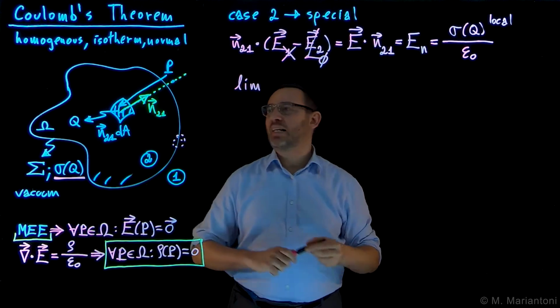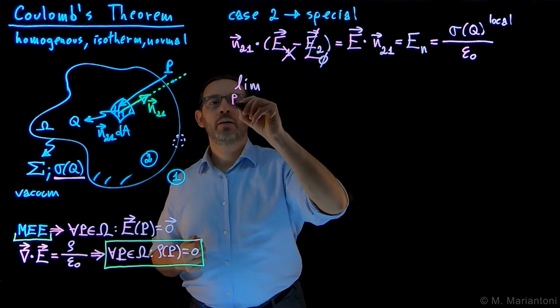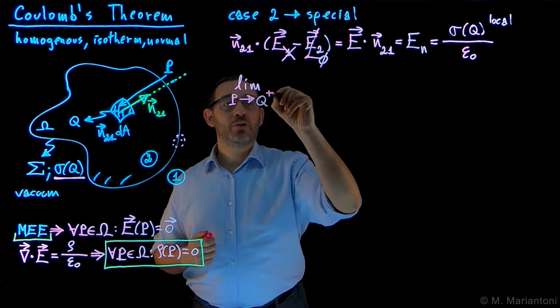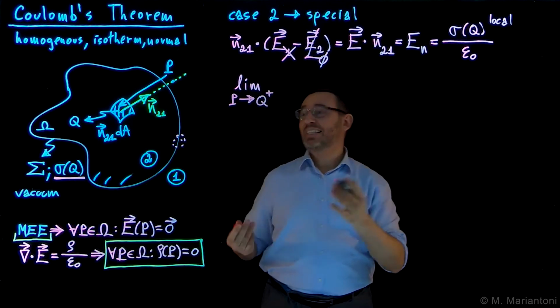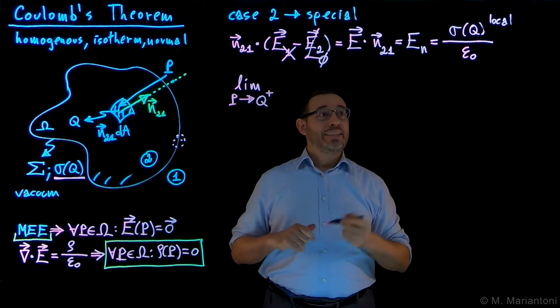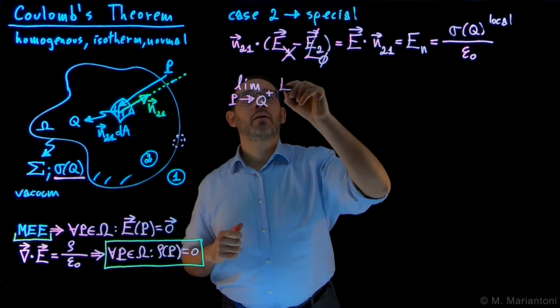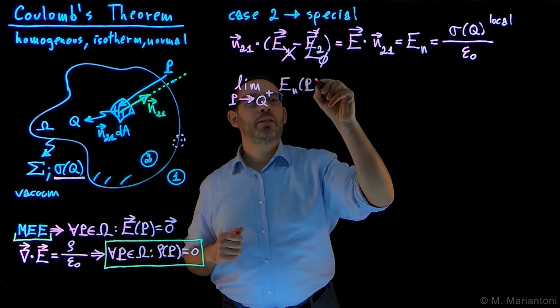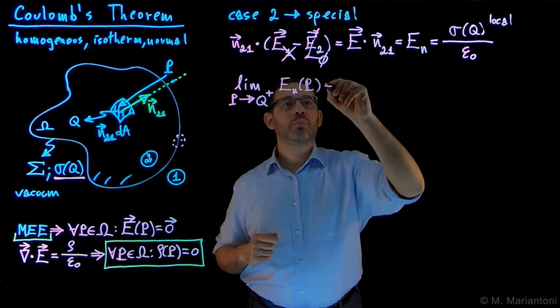So we want to perform the limit for capital P that approaches capital Q from the outside. We say this to be Q plus, because we are approaching from outside. The limit of En evaluated upon capital P, which in the limit becomes Q plus, has to be equal to,